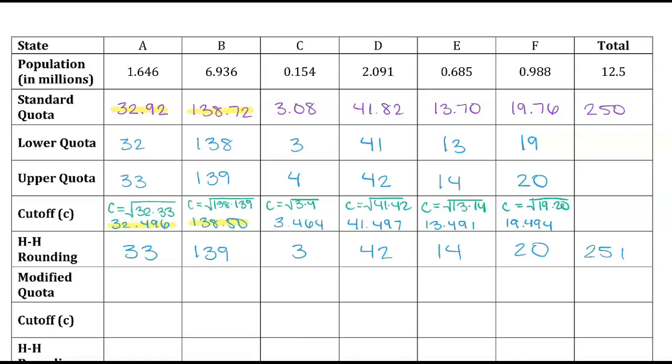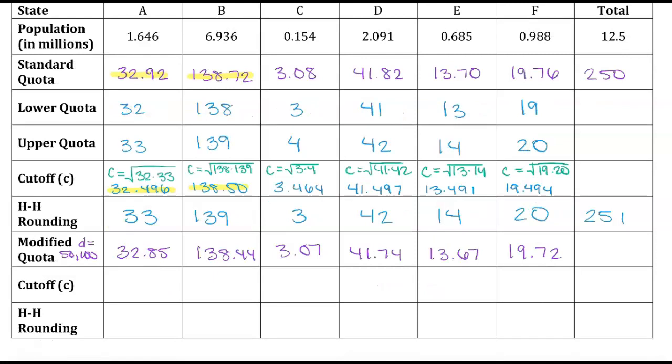Since we're just barely too high and we need to bring it down by just a little, let's try a modified divisor, D equal to 50,100. Now we need to take each state's population and divide it by 50,100. This will give us our modified quotas. Now for each one, let's calculate the cutoff value. For State A, the cutoff value will be the square root of 32 times 33. That's the same value we had before of